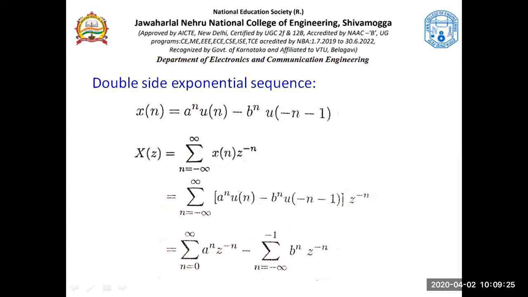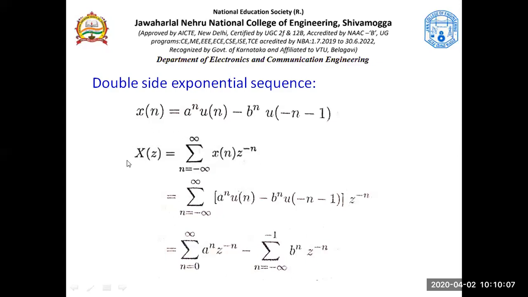I've not gone in detail again for dealing with this signal and this signal, since we already have dealt with this positive time exponential and negative time exponential. So let's not go deeper into it, but I'll tell you what we are doing from whatever we have derived in our previous classes. We are substituting that here. One thing that you need to remember is this particular signal ranges from 0 to infinity, and this signal ranges from minus infinity to minus 1.